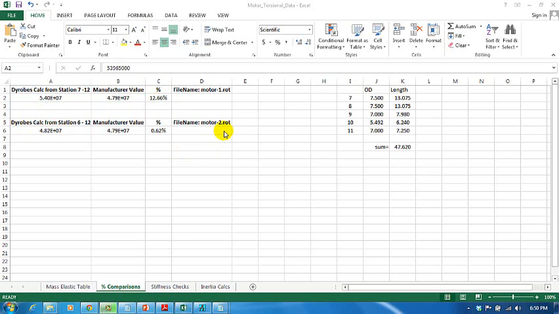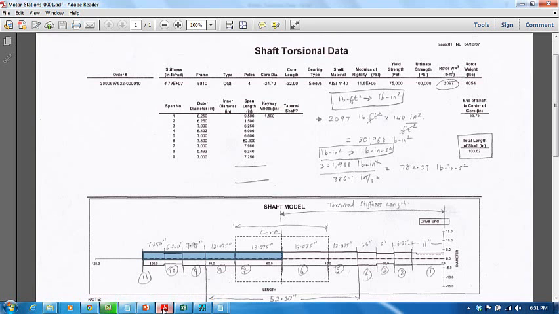Now this second table here is where I managed to close the gap between the calculated value by Dyrobes and what the manufacturer has. I closed the gap and I had a 0.62% difference. And I'll show you how I did that. So now going back to the data sheet,